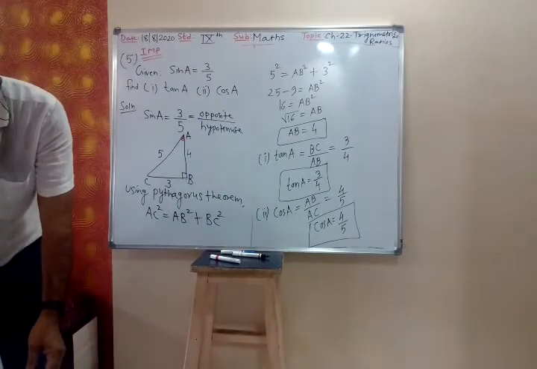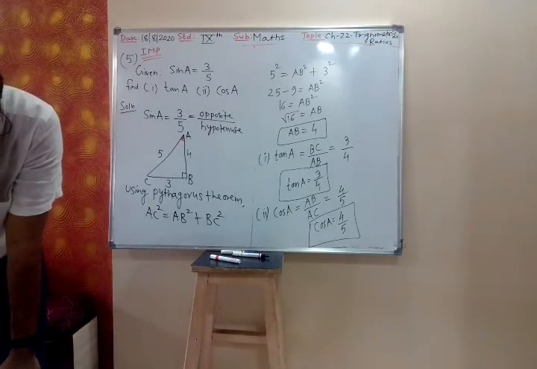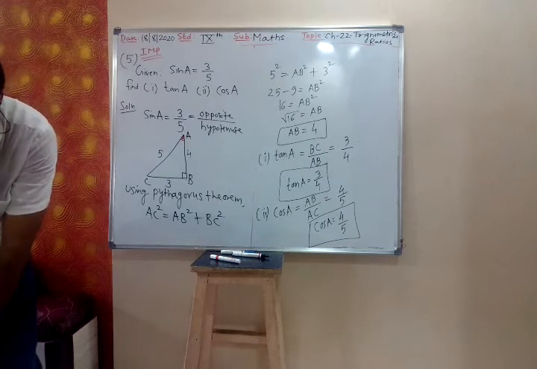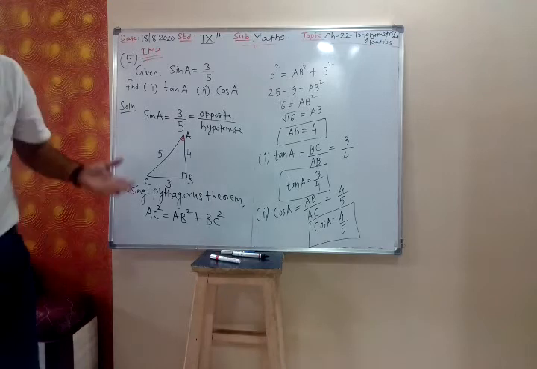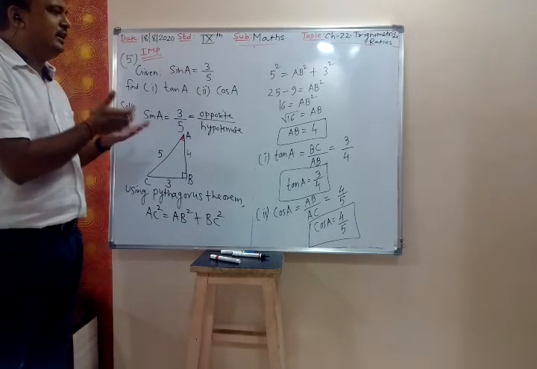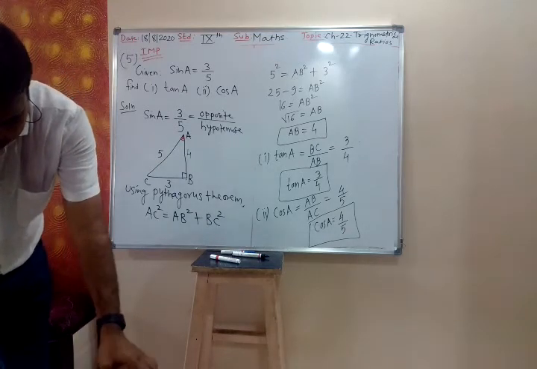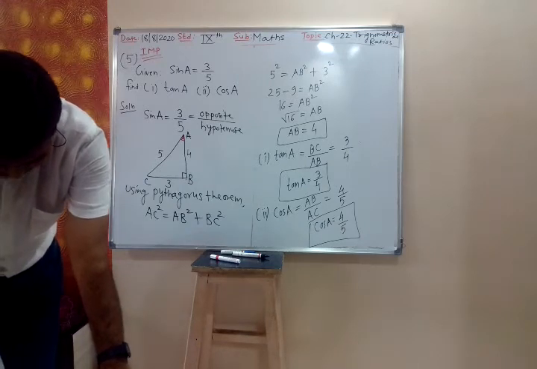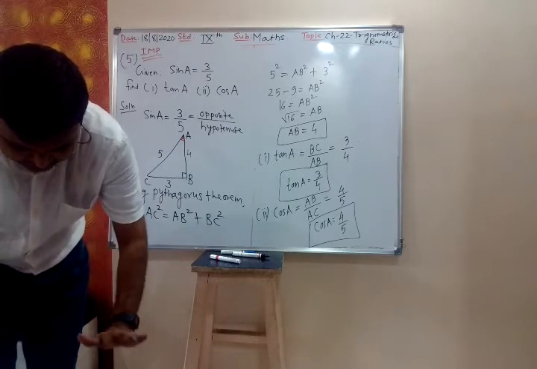Now 6 will be the same. 7 and 12, it does not matter, same thing. Instead of 3 and 5, you are given AA, so the answer will come in terms of AA. No problem. Now let me do 12th. 7th, 8th, 9th, 10th, 11th are all the same way.